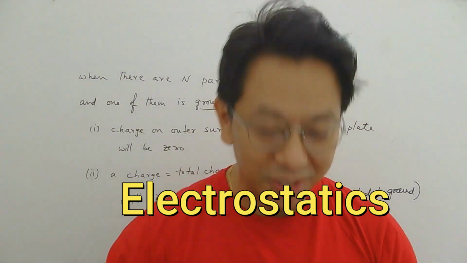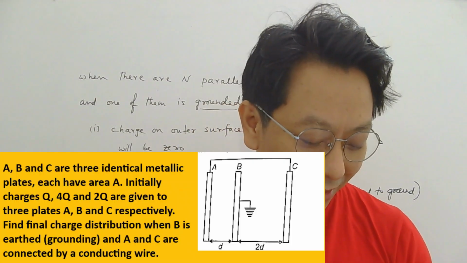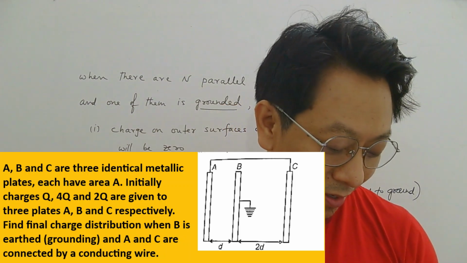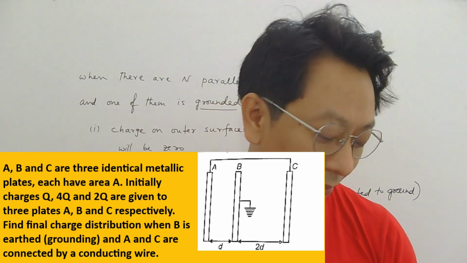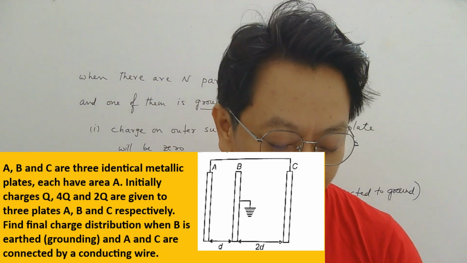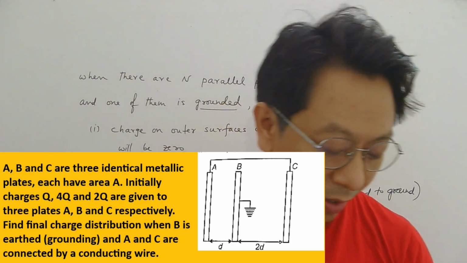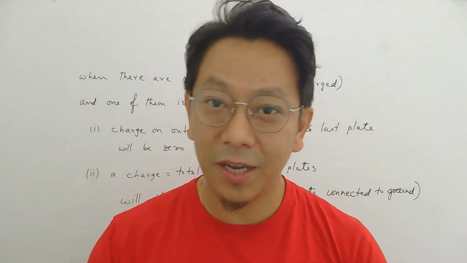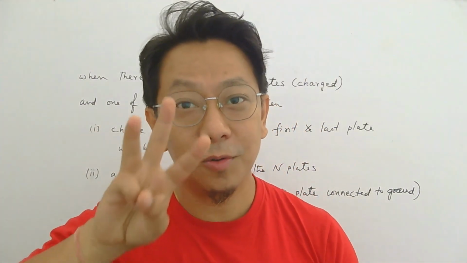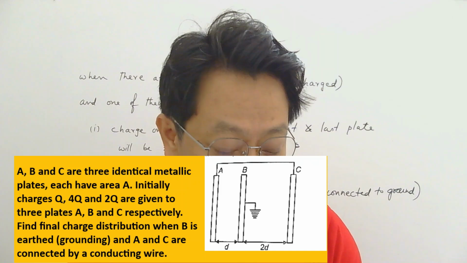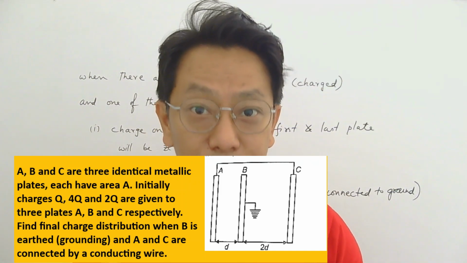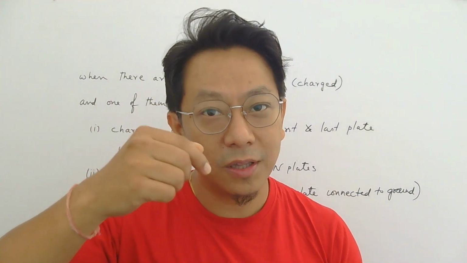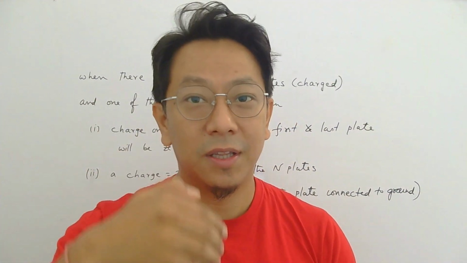The question says A, B and C are three identical metallic plates, each having area capital A. Initially charges Q, 4Q and 2Q were given to the three plates A, B, C respectively. So these are the initial charges given to the three plates. Find final charge distribution. So final charge distribution means we have to find charge on the surfaces, the inner surface